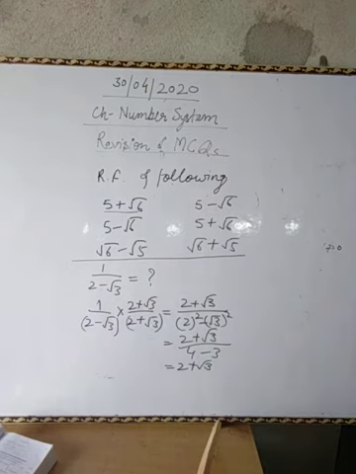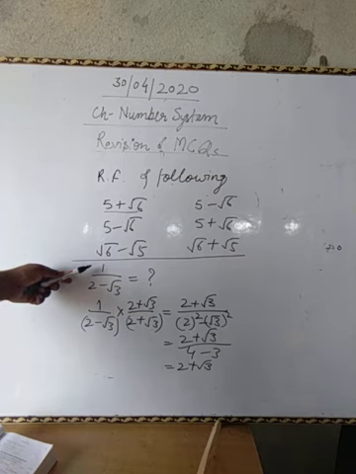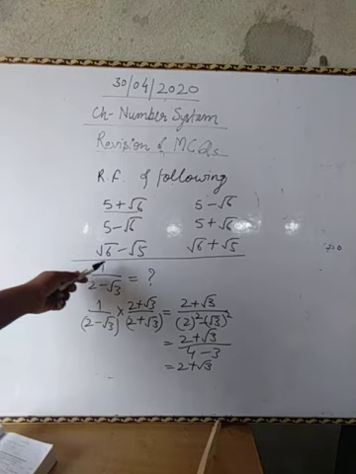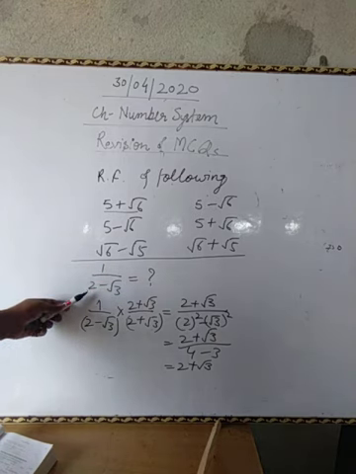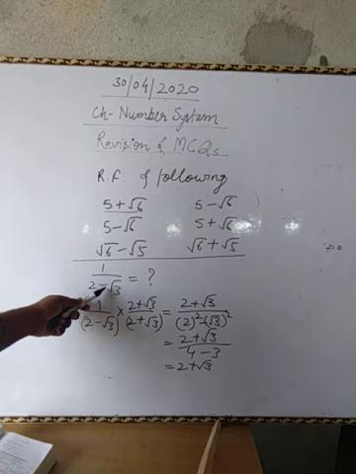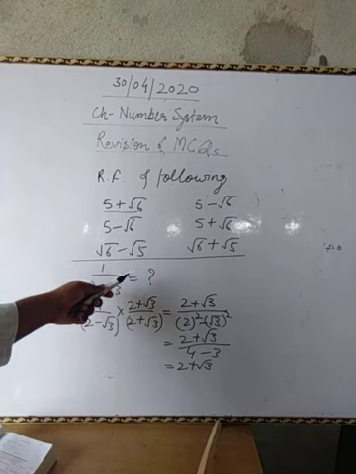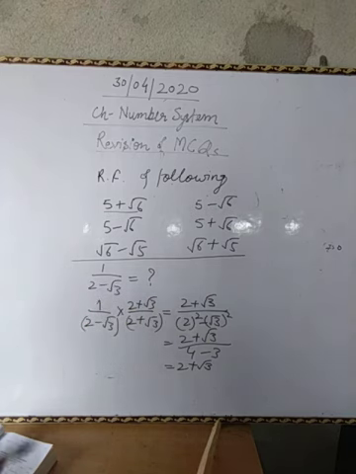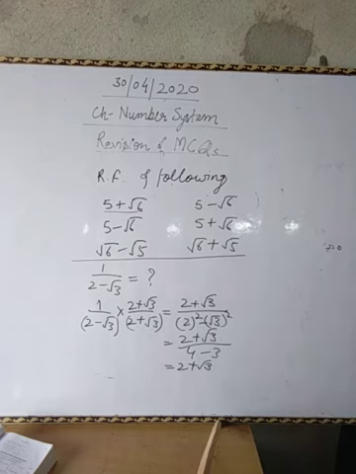Correct? So, there is a hit and trial method. If the question is given in this format, where the numerator is 1 and the denominator is a combination of two numbers, you are going to rationalize it. If it is given a minus root b, then after rationalizing you will get a plus root b. I have shown this question in front of you so that you can understand the concept which I told verbally. So, let us do the next question.